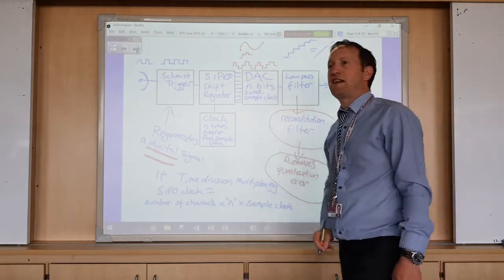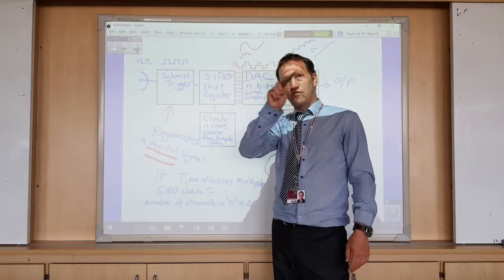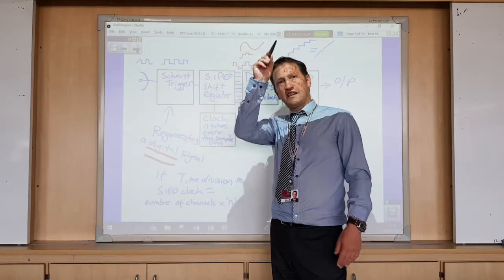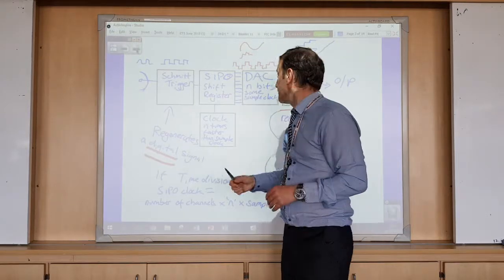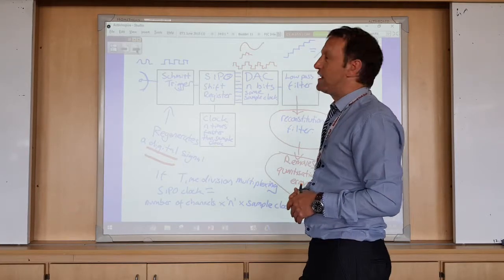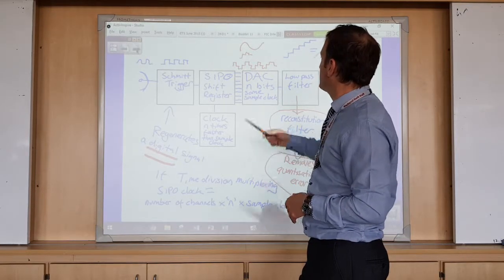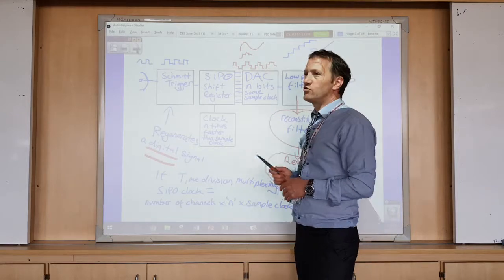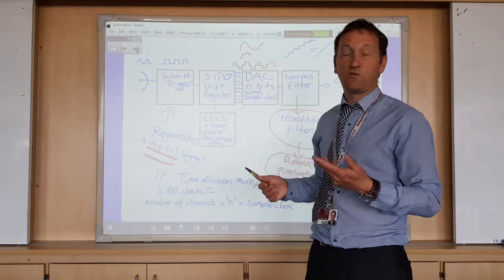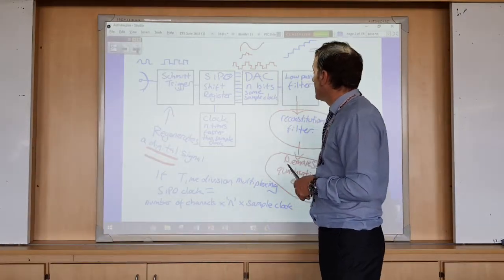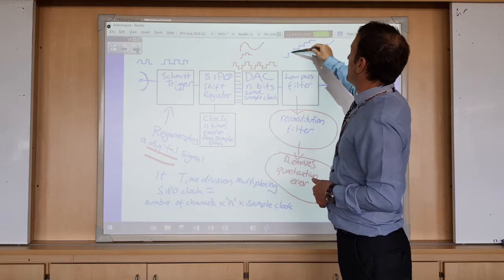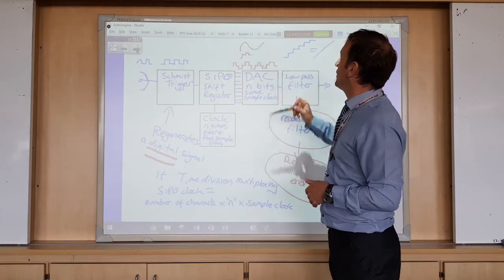If you remember the circuit diagram for the DAC, it had the various inputs with the different resistors that halve each time. So that's definitely a parallel input. So that's this bit here. That has the same number of bits normally as the transmitter and the same sample clock. If the sample clock was running at a different speed, then it wouldn't sound the same. You'd speed it up or slow it down, or it wouldn't work, so it has to be going at the same speed. And the DAC will then produce a step waveform that is a representation of the original analog waveform,